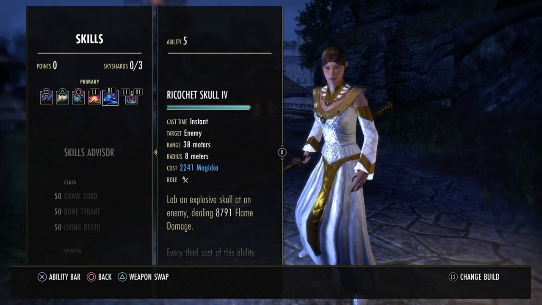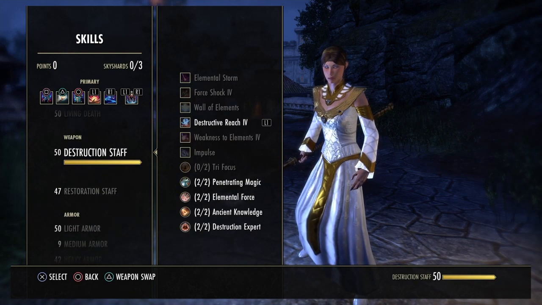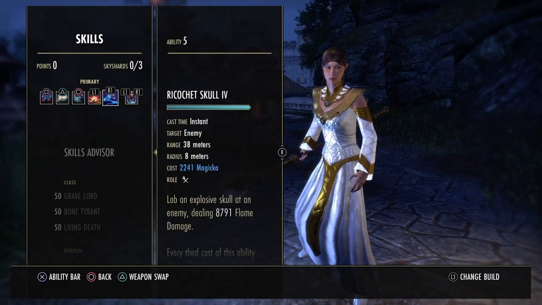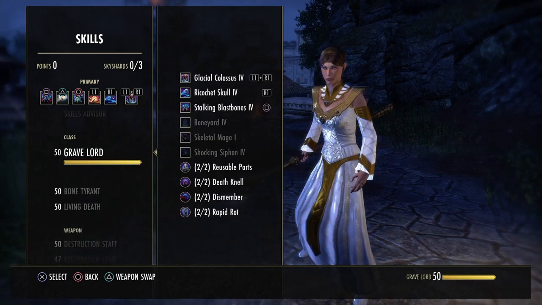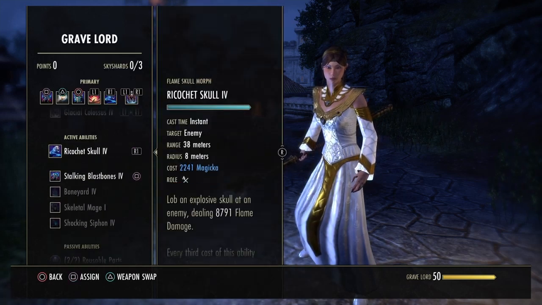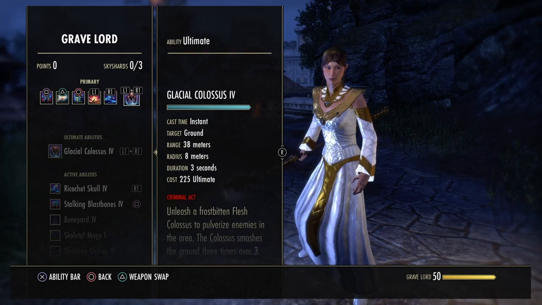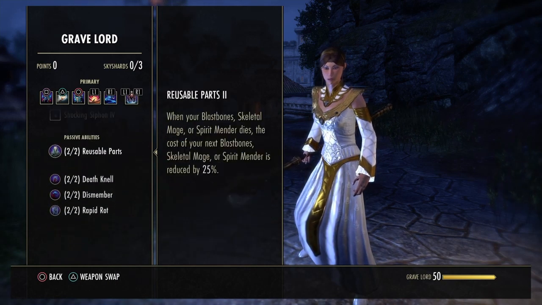Our spammable, the Ricochet Skull. You can go with the Force Shock. Either morph is good. You can get an interrupt or a little more cleave damage, but this plays really well into our crit damage. I'll explain that right now. The more Graveslord abilities you have slotted, which are our Blast Bones, our Ricochet Skull, and our Colossus Ultimate, gives you